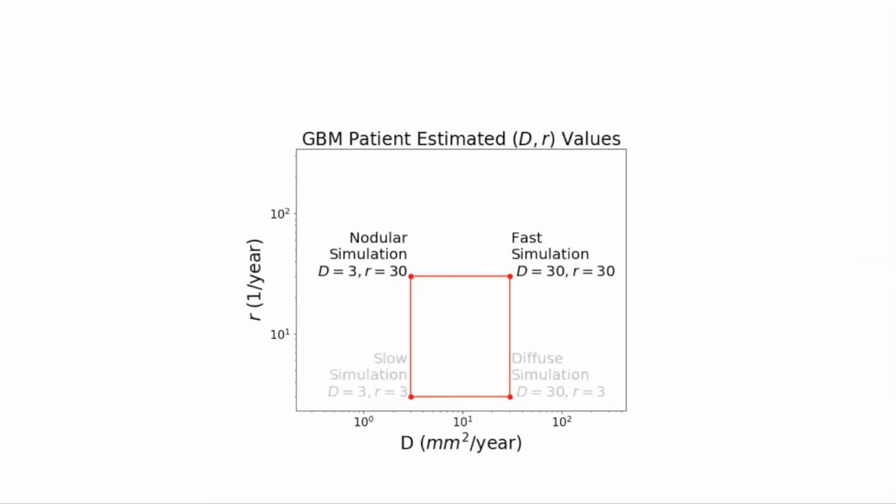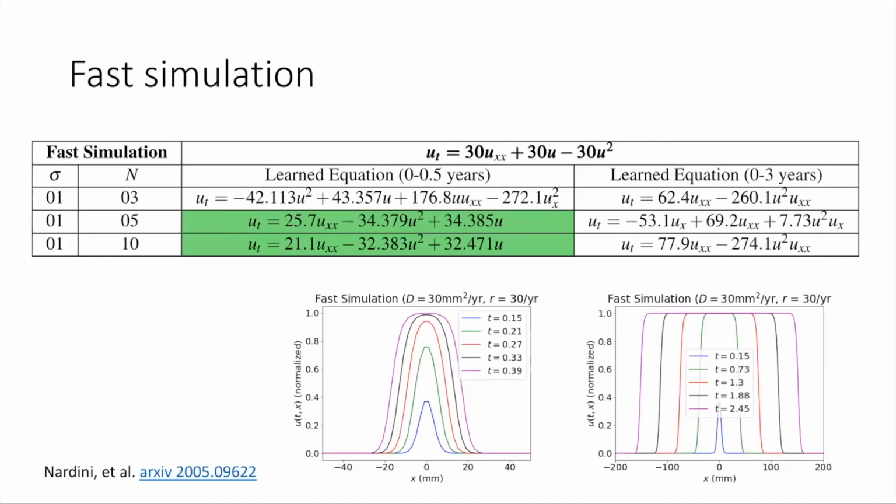Next, we can talk about some results that are pertinent for the nodular and fast simulations given on the top of our rectangle. Here the opposite results hold for this faster simulation, where over the shorter time interval of 0 to half of a year, we're able to infer the correct underlying equation with 5 or 10 time samples. If you look at the dynamics over this shorter time interval, we again see a healthy combination of both linear and nonlinear dynamics. Whereas on the longer time interval of 3 years, we were never able